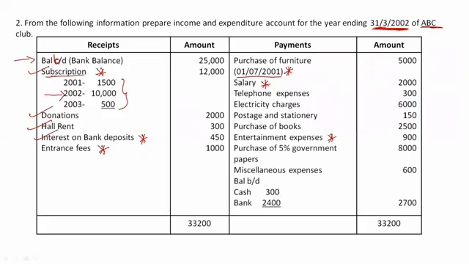Then back to question. So do not tick purchase of furniture because we have not taken purchase of furniture value. We have just taken depreciation related to it. Do not tick it. Then salary rupees 2000. Now salary we need to pay to our employees every month. It's my revenue expenditure. So 2000 should be taken. Along with that there is a star mark, so let's see what is the adjustment relating to it.